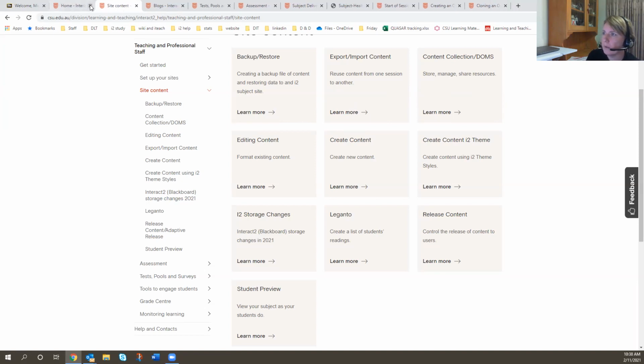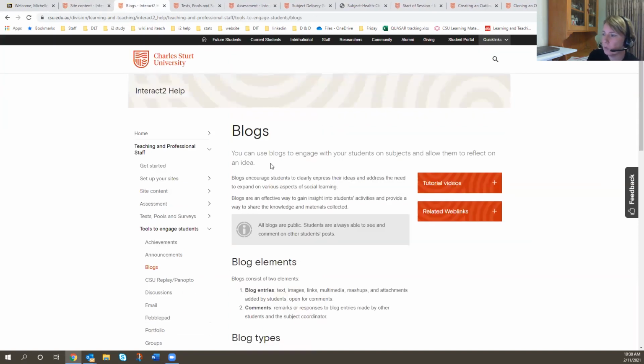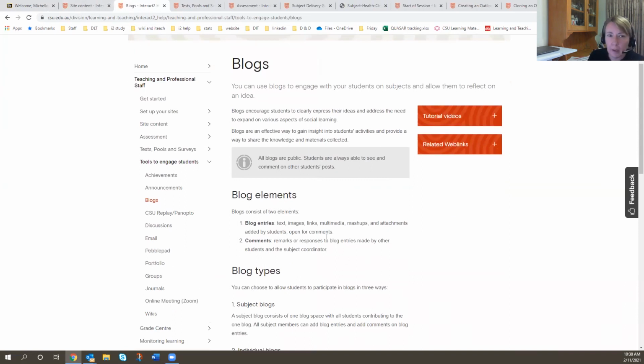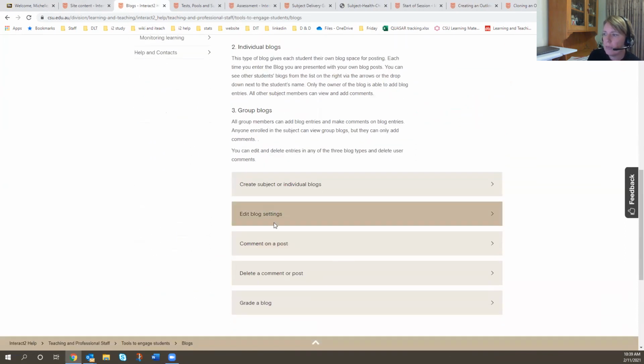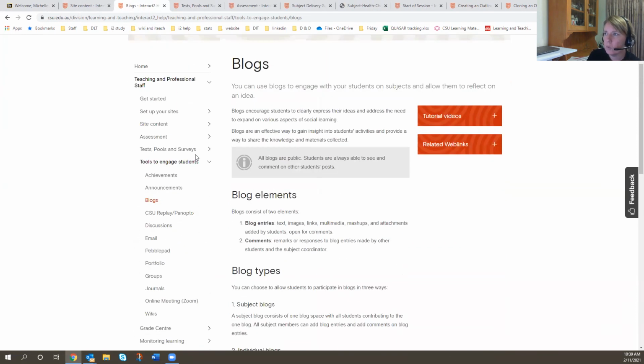We also have other information more specific. For example, if you're thinking about looking at your assessments, that you've done the form that Lachlan's designed about teaching, and you're thinking, oh, I'm wondering about a blog. There's a little bit of information here about the different types of blogs, and then information about how to set them up. So sort of those tools that are within Interact 2.